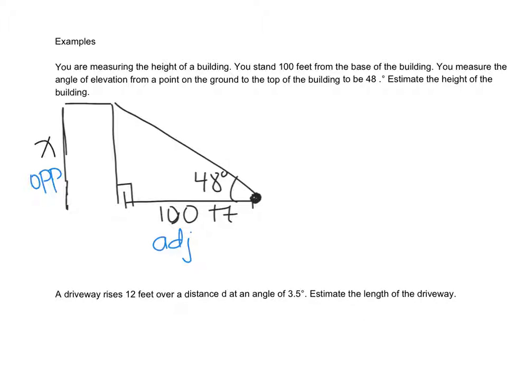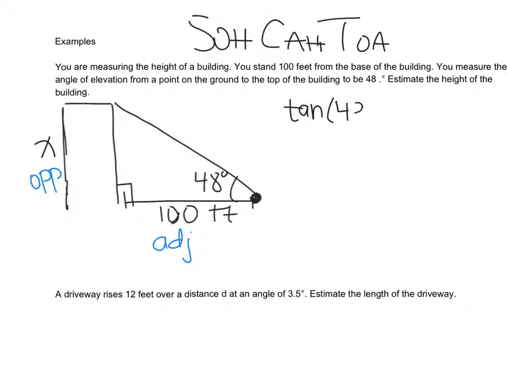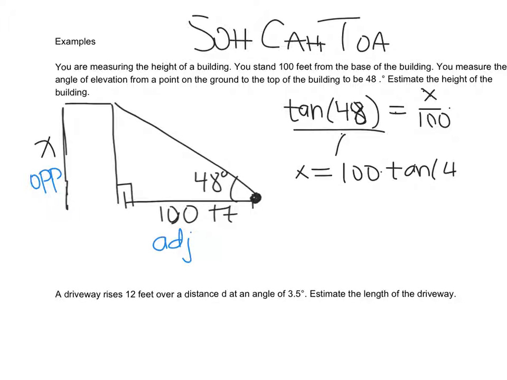So we're going to use a trig ratio. So right, SOHCAHTOA. So the trig ratio that involves opposite and adjacent is tangent. So we know tangent of 48 is going to equal our opposite side, x, over our adjacent side, 100. So we're going to put tangent of 48 over 1 so we can cross multiply to solve for x. So we get x equals 100 times the tangent of 48, and we get that x equals